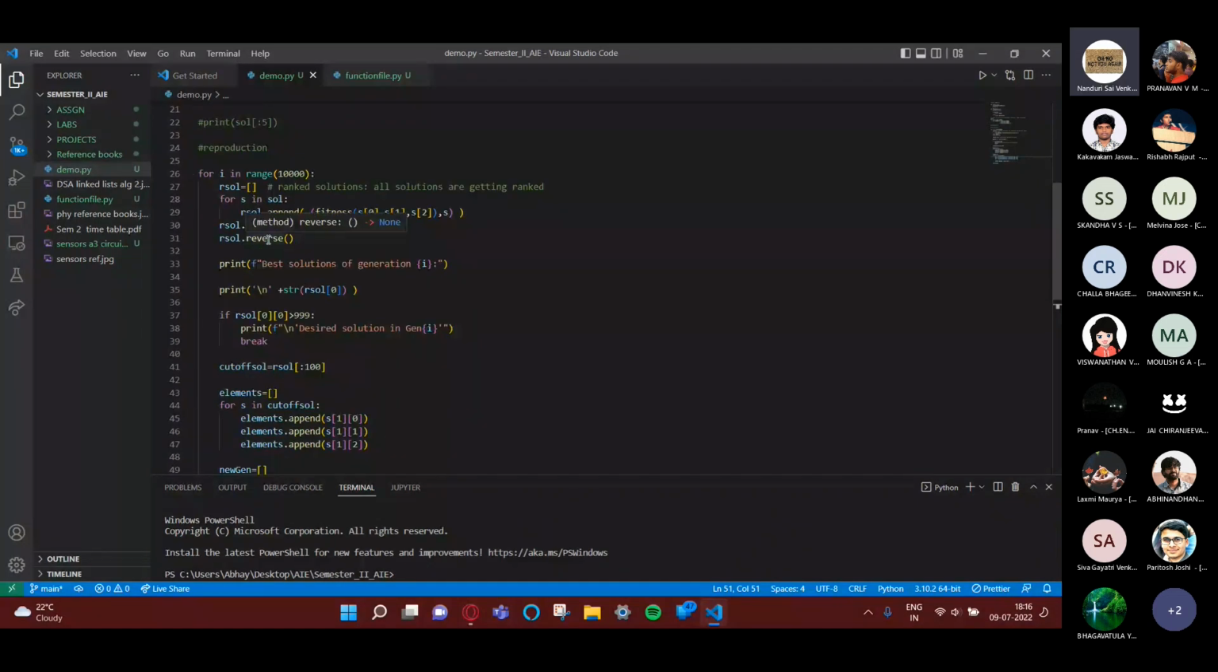It will check for the best desired solution. I have set it to stop if the rank is more than 999, because I don't want more accuracy here. If you want more accurate results, you can set it to 9999 also. It's not a problem. Once I start running this function,